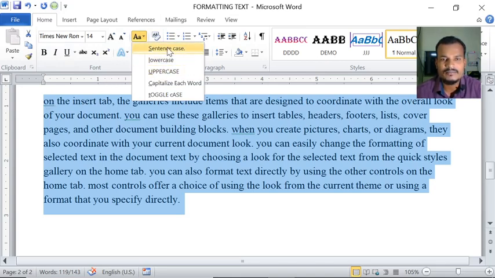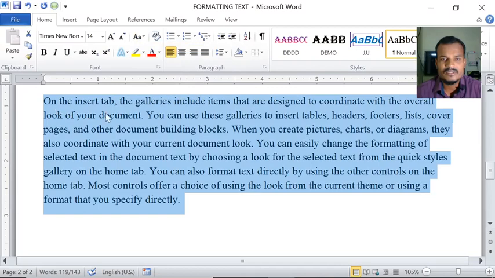After a full stop also, the sentence is started with a capital letter, here also, here also, here also. Sentence case is nothing but whenever we are starting a new sentence, we have to start with the capital letter.